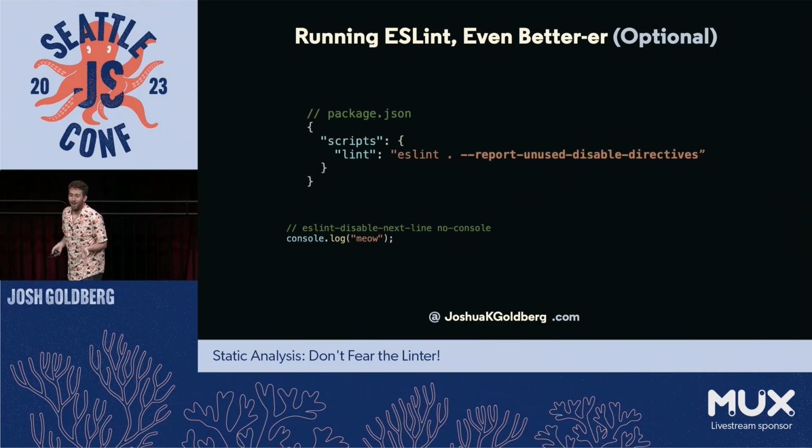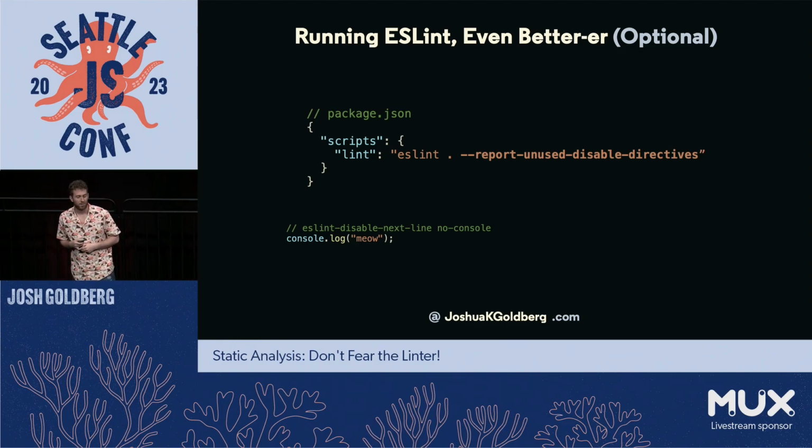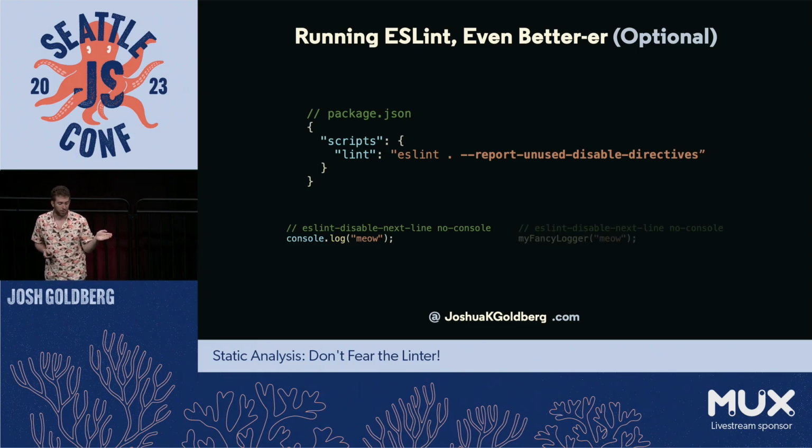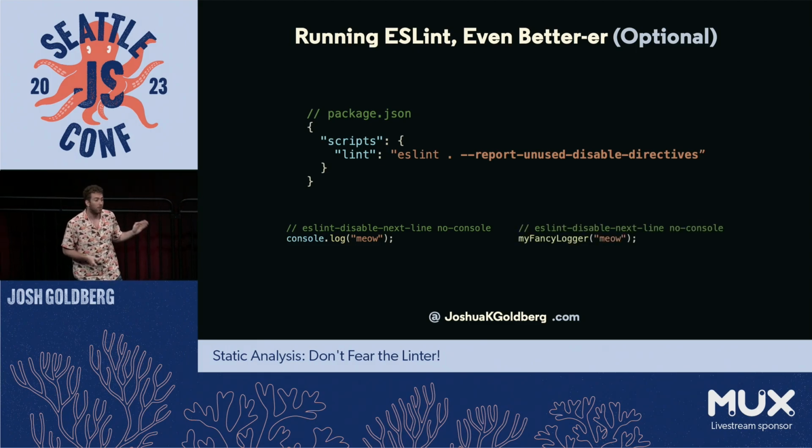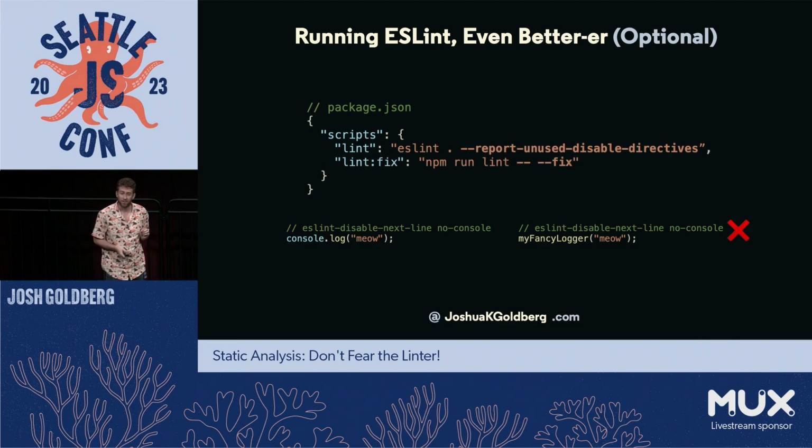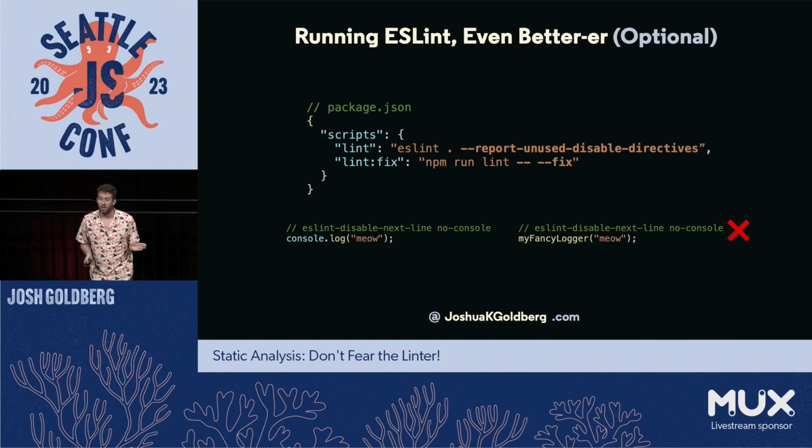Now, I also recommend --report-unused-disable-directives, which is an awesome little command line flag for ESLint, which says, if I previously added a lint disable, but then later changed my code such that it no longer would have failed that rule, then give me an ESLint complaint. That's nice. That's convenient. And fun fact, ESLint has a --fix command line option, which you can run, and it'll even fix up the unused disable directives. It'll clean them up for you. You can also trigger this in typical editors, like VS Code's command palette, fix all auto-fixable issues, and so on and so forth. So yay, good stuff.